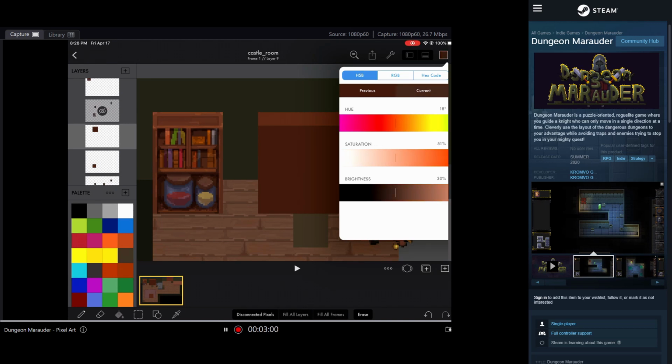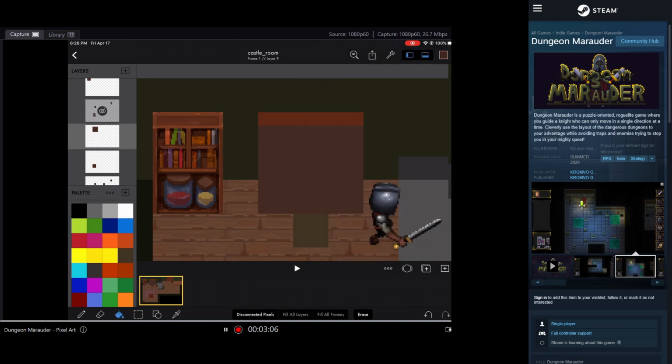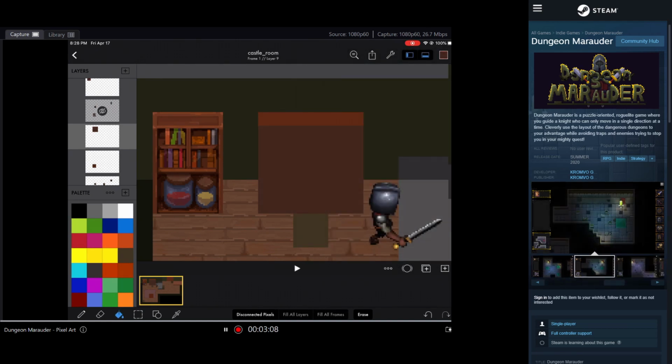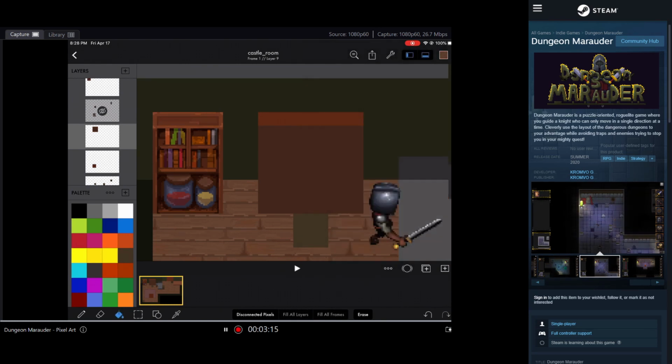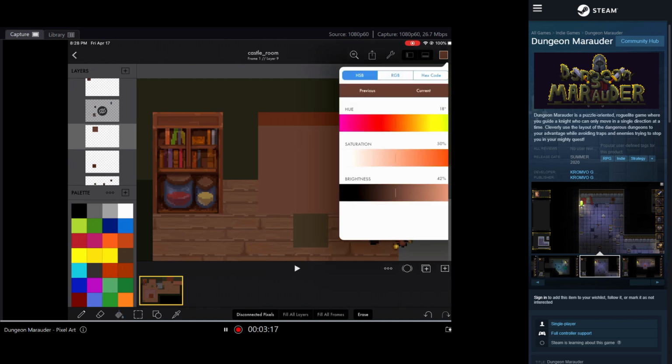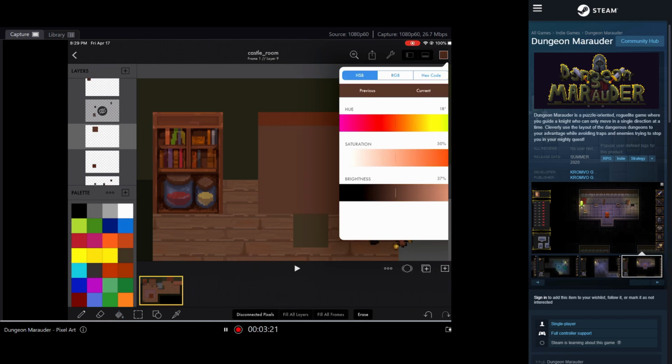So slightly more or less saturated. That's too low. Okay, perhaps something like that. And maybe significantly lighter. That blends in too much with the ground. Although I might be changing the ground anyway, but